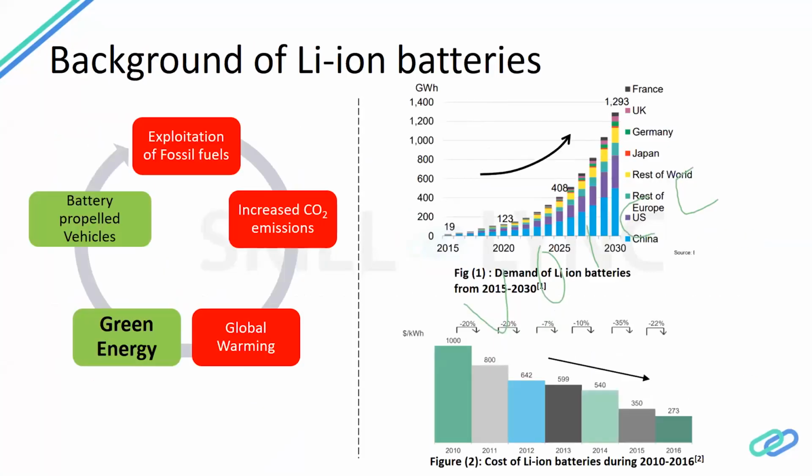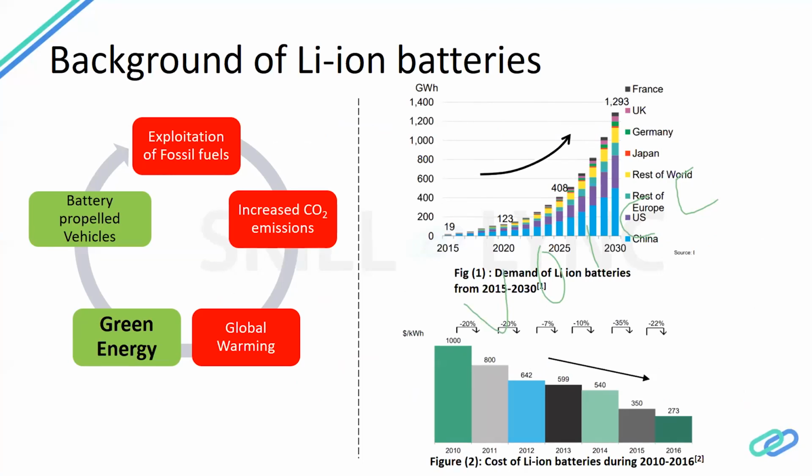So why do we need lithium ion batteries all of a sudden? Why were we not talking about them 10 years back, 3 years back, 4 years back? What happened is that everybody is using fossil fuels so much. I don't know if you know that there are people actually using the Arctic ocean in the North Pole in order to find fossil fuels. There is so much demand for fossil fuels these days, because of which there are too many CO2 emissions, which you all know, like global warming, it's snowing in Delhi and whatnot.